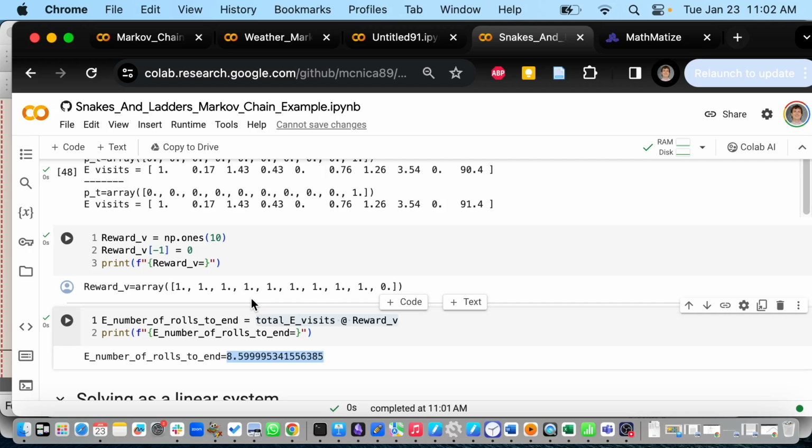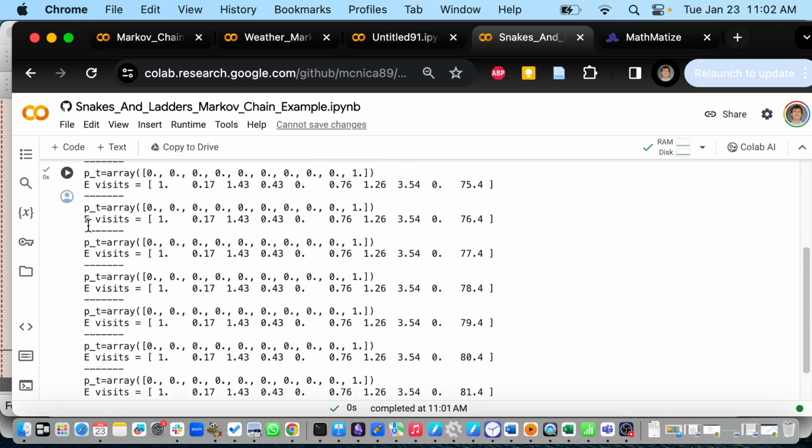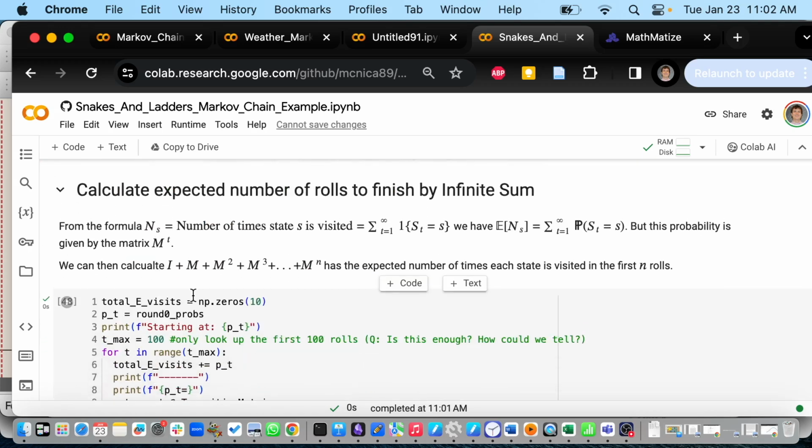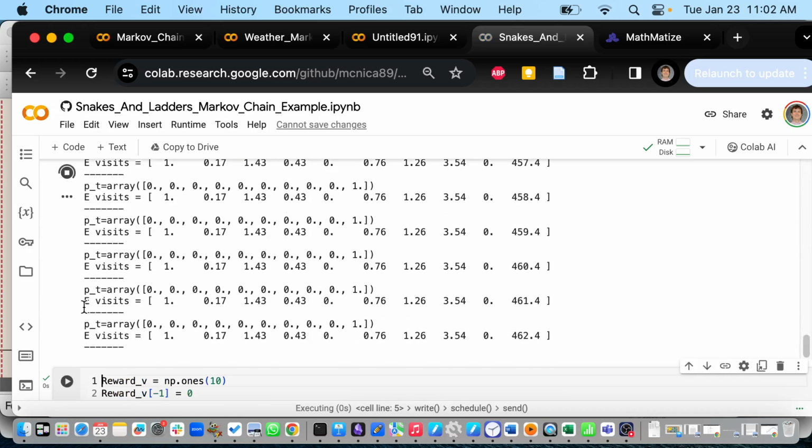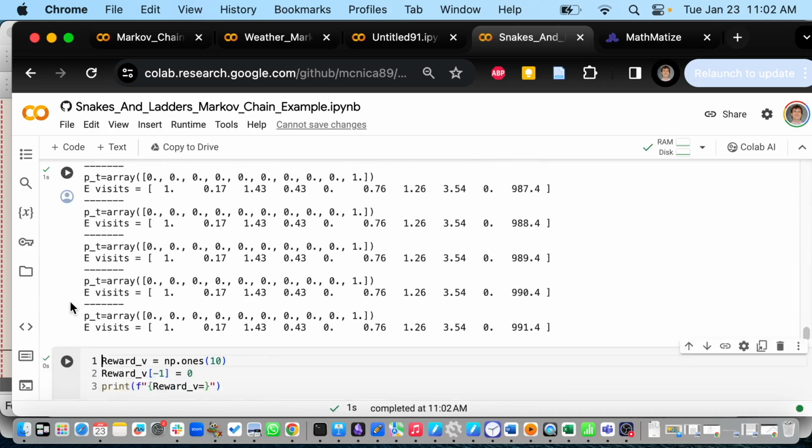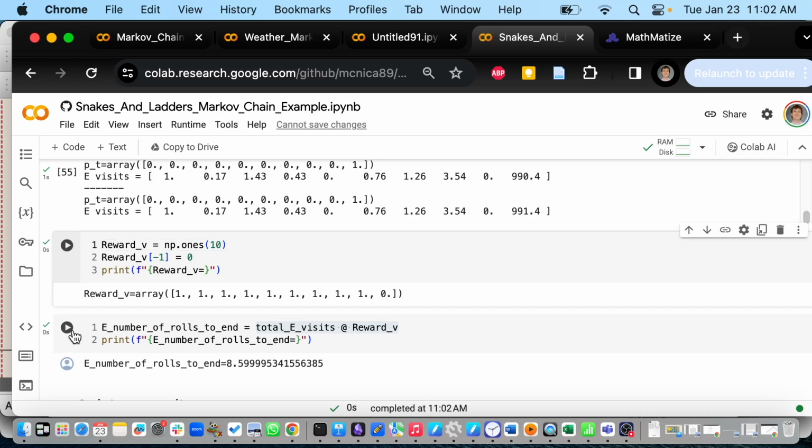In the British version of the game, I could see if you got really unlucky, right? It takes an average of like 10 rolls to finish. If you're super unlucky, maybe it takes you more than 100 rolls to finish. So let's check and see if it changes. If I increase this 100 to, I don't know, what should we do? 1,000? Computers are pretty fast these days. How long does that take? 1 second. Okay, great.